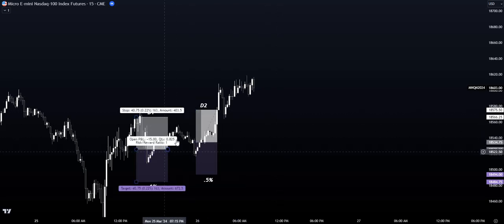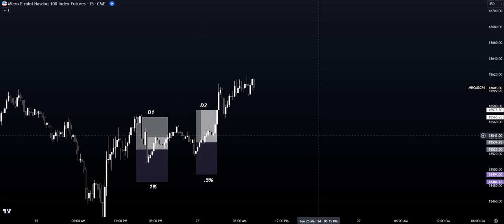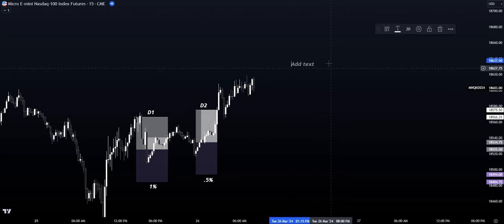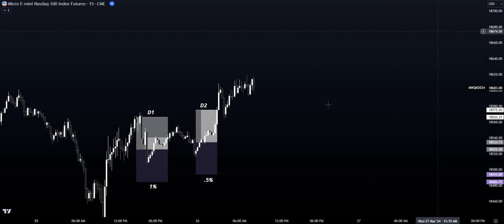So every trade that you lose, you want to de-risk your risk by half. So if you are risking 1, you're going to go to 0.5. If you're risking 0.5, you're going to go down to 0.25. If you're risking 0.25, you're going to go down to 0.125. And you're going to keep trying to aim for 1 to 2 risk to reward ratios. Okay? And if you do this consistently, this is a mechanical way of showing risk management for yourself so you don't get into deep drawdown.